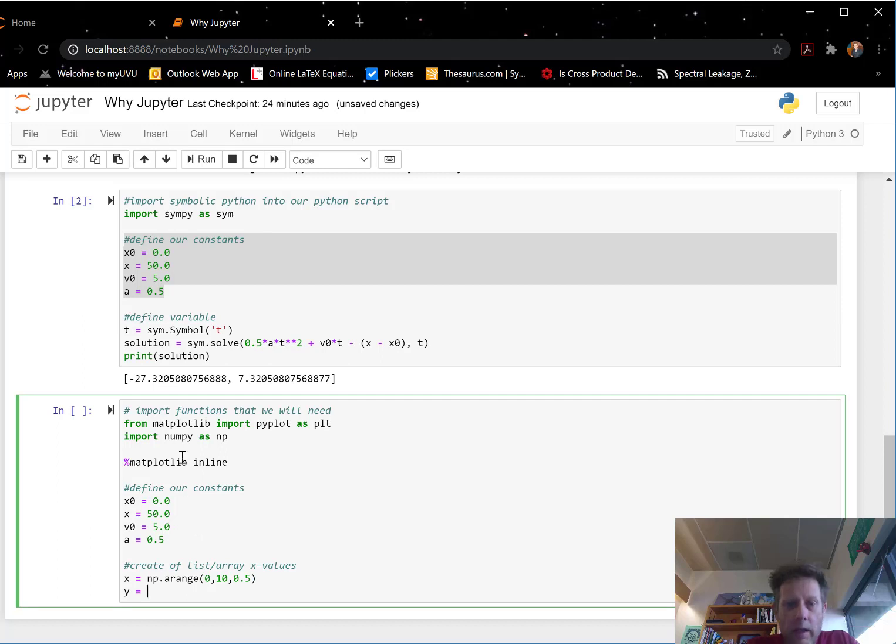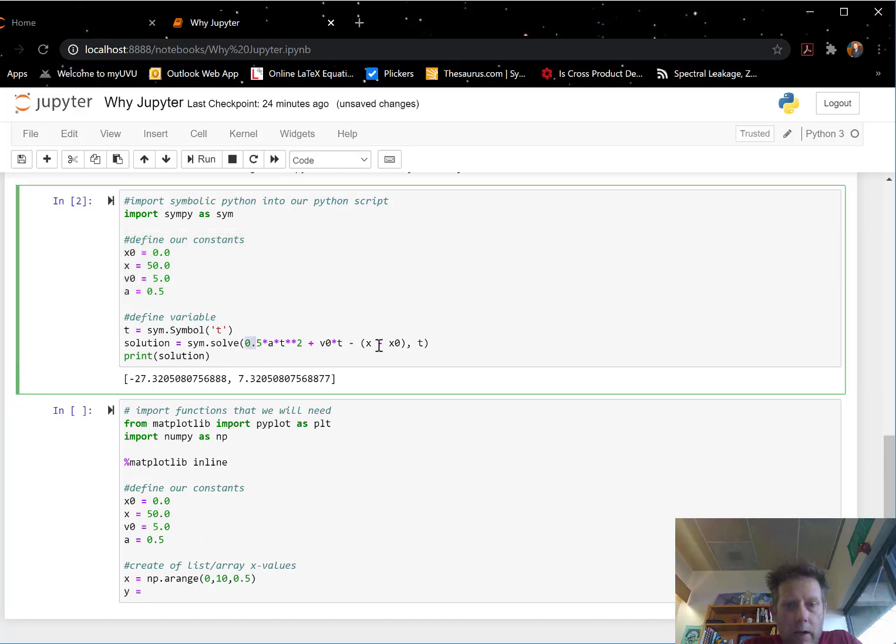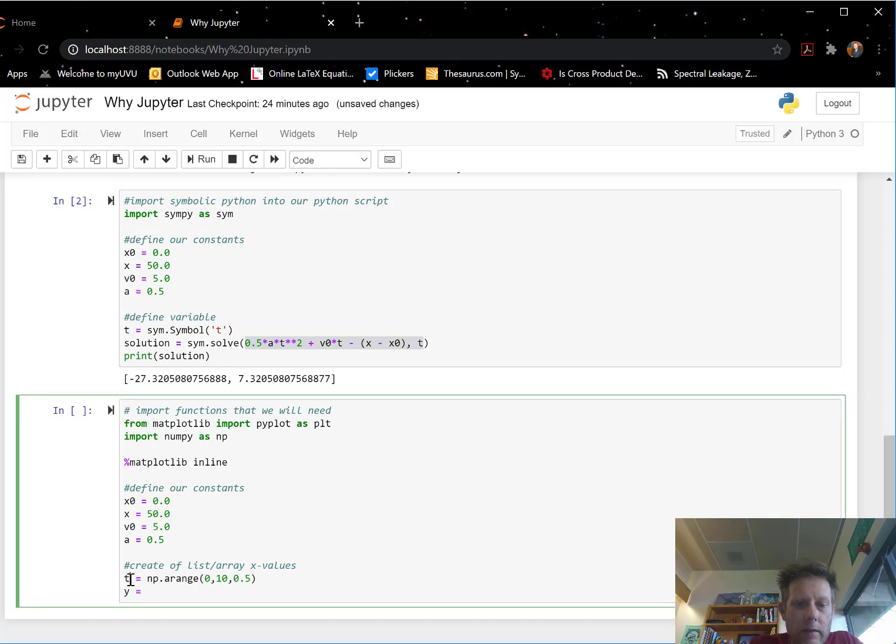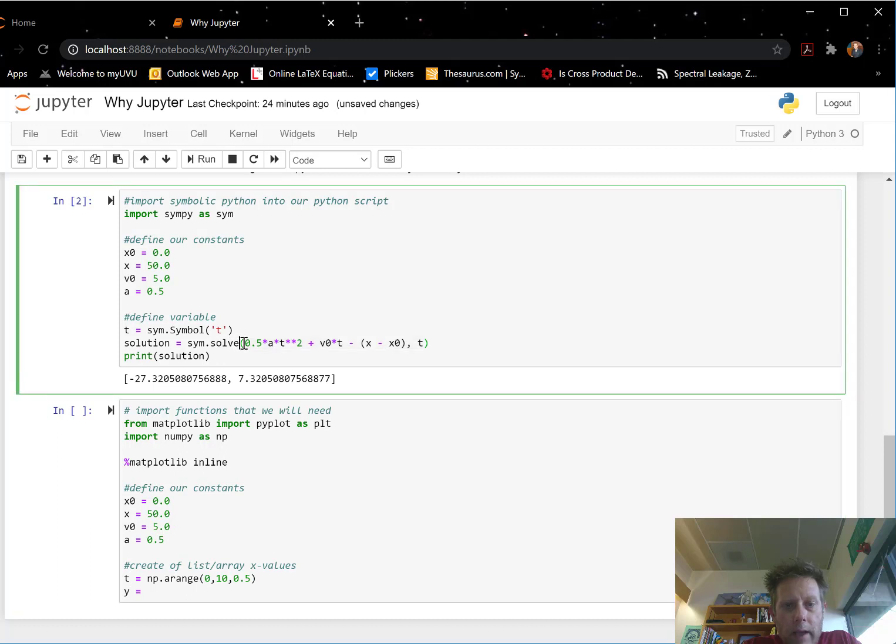Okay. So I'm going to go up here and I'm going to copy paste this one here. So maybe I should just call this here t, not to confuse it. So where t is the x-axis, and then our x values,